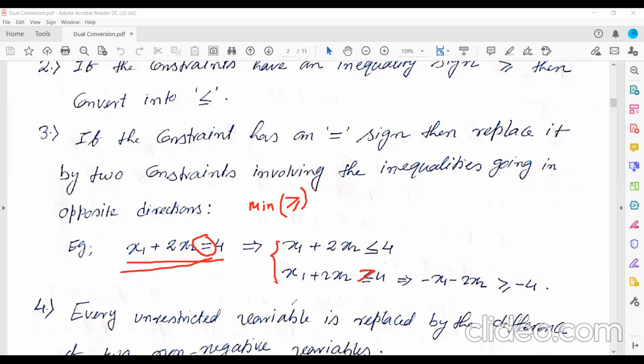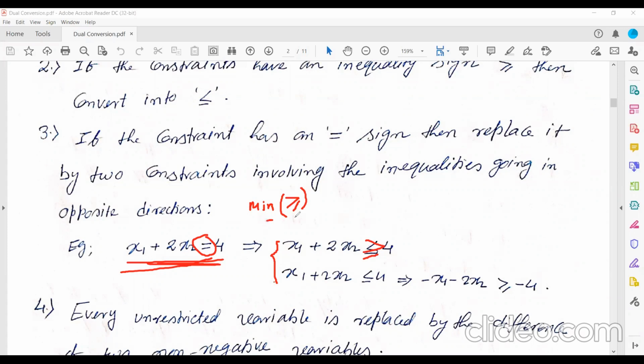No, just a minute. Here, this one you consider greater than 4 and this is less than 4. I have written both less than. So this will be greater than or equal to 4. From this you are getting this will be greater than 4 and this is less than or equal to 4. Then only this can be equal to 4.